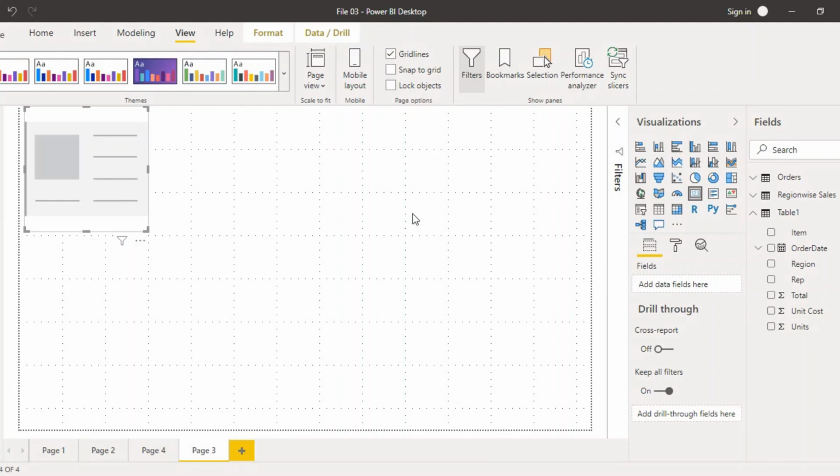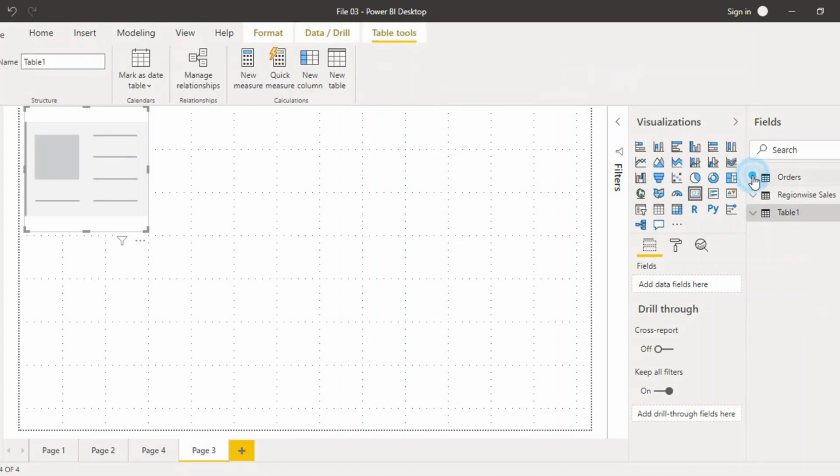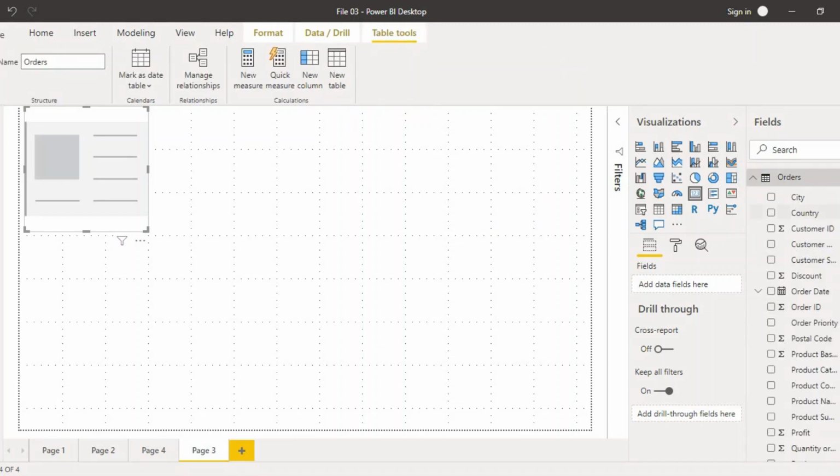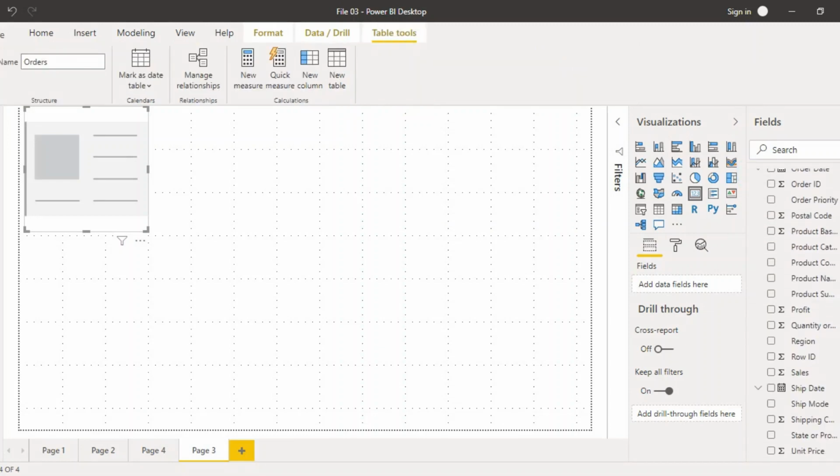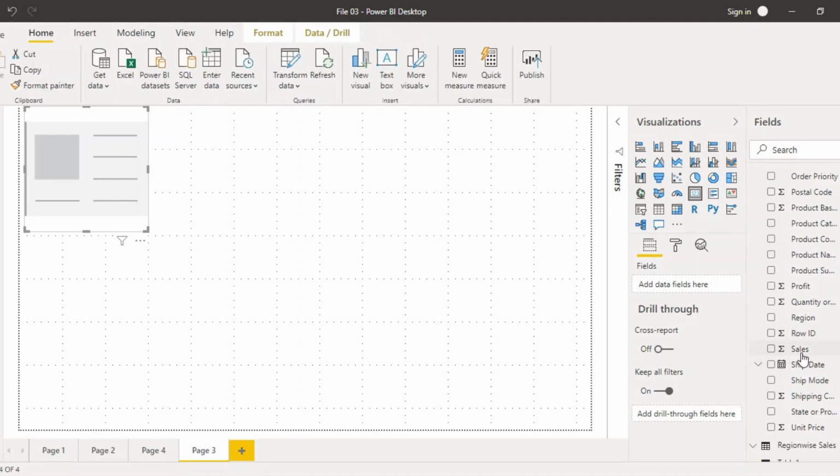Now the question is what information you want to add in a card. Suppose I'm working with the orders table right now. Then I have these different types of options with me, and I want to show how many total sales were done according to that table.